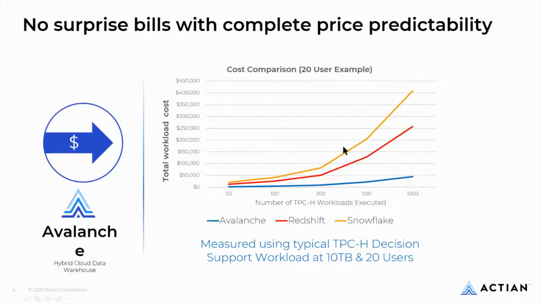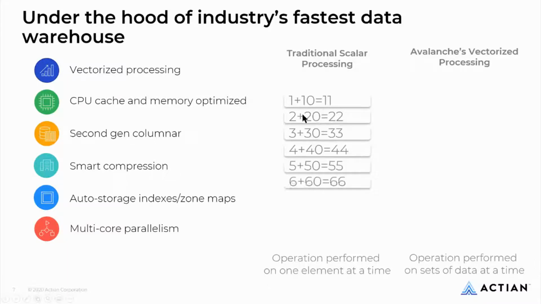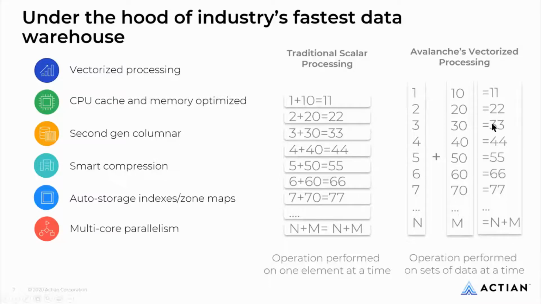As you can see, as load increases, the competition's price, like in Snowflake or Redshift, increases. Again, this performance advantage is due to our vectorized processing. Vectorized processing, for you to know: when you run a compute operation, in many databases you run one operation at a time, in a row format. When it comes to Avalanche vectorized processing, we read the whole column and then we do the operation,